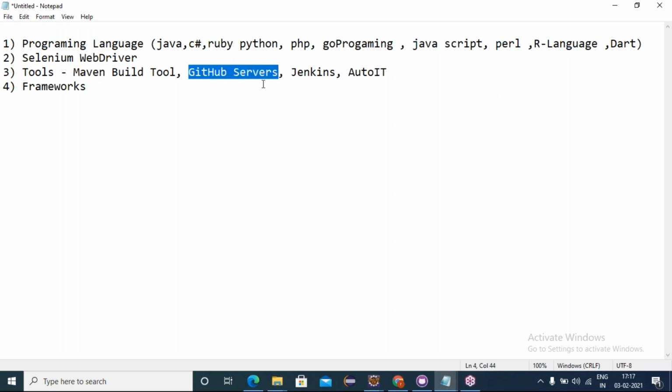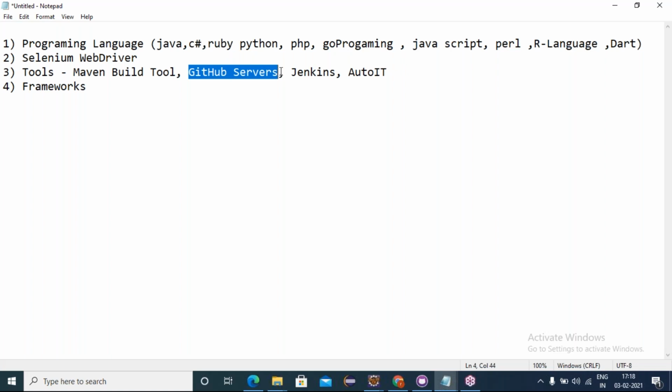It's a distributed server where we keep all the builds in Git servers. So people in different locations can easily access the code available in the GitHub server. Everyone can stay in sync working on the latest builds. This is a source version control tool.